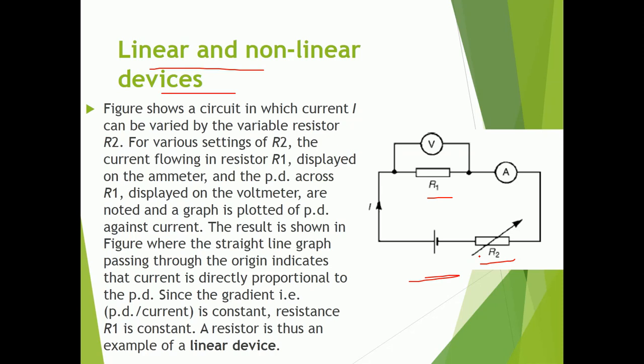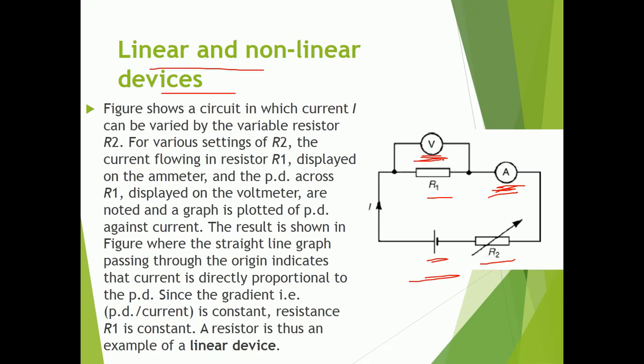Potentiometer or rheostat are examples of a variable resistor. A supply is there, again the ammeter is there in series, and the voltmeter is there in parallel to measure the voltage across R1. Now let us assume that we have set the value of R2 to some constant value. That is, we are not changing its value now. When the current starts flowing in the circuit, we need to check the value of current flowing in the circuit and the voltage across R1.